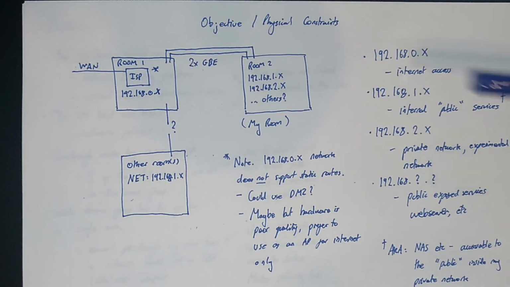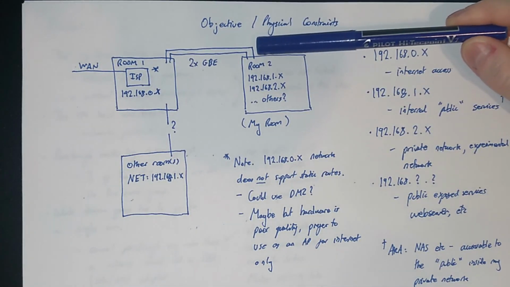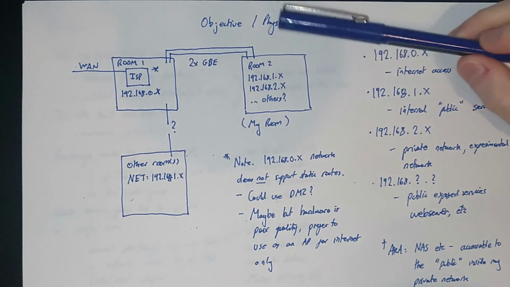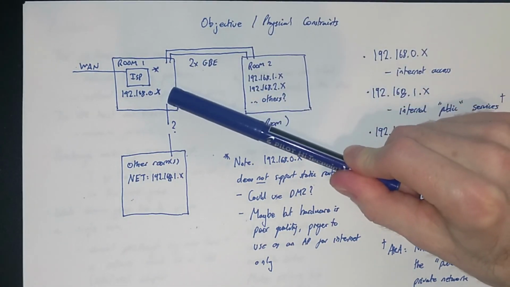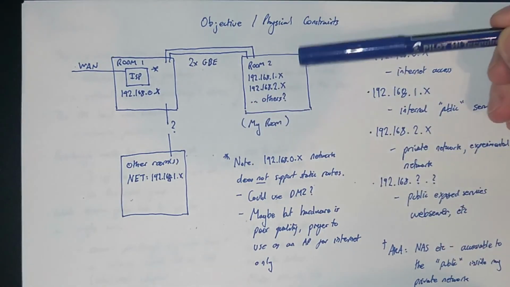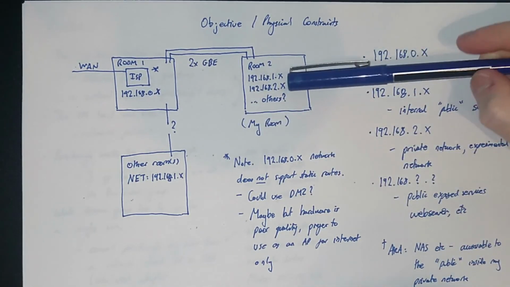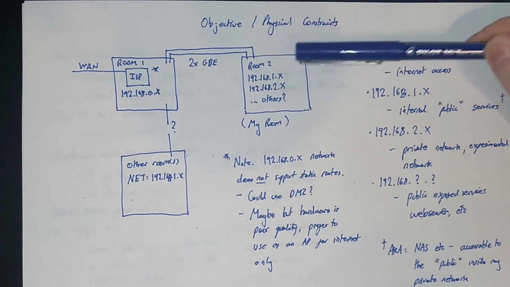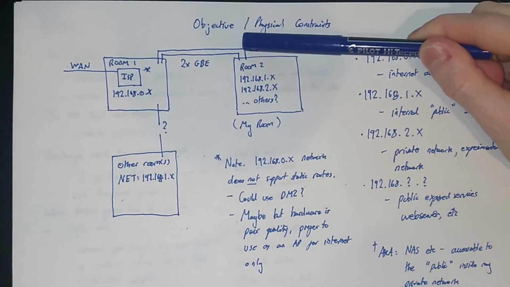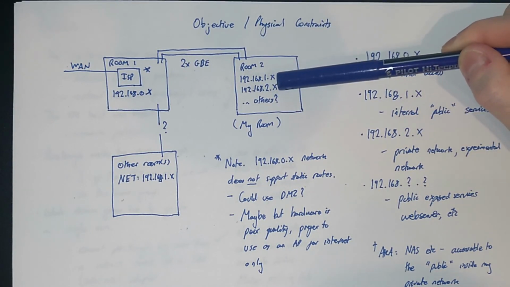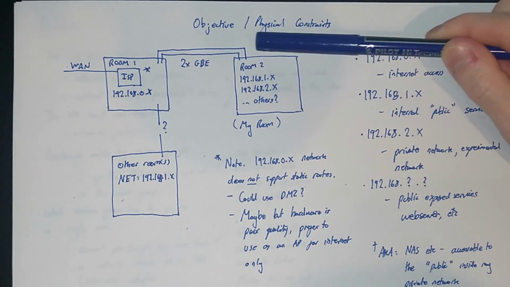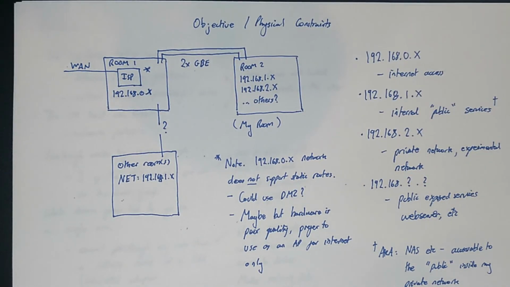And of course, the final limitation for me, which will not apply to that many people out there, is that I have this issue where I can only store one machine in this room because there isn't enough space. So all the other machines have to be in this room. That means if I want to put a NAS here, that has to be on the .1 network. That uses up one of my links, one of my physical wires here. And if I want my other systems on the .2 network, that uses up my other link. So if I then want another network for experimental purposes or publicly accessible services,